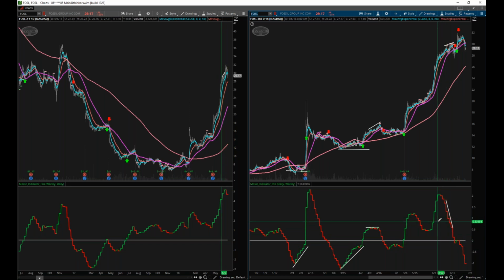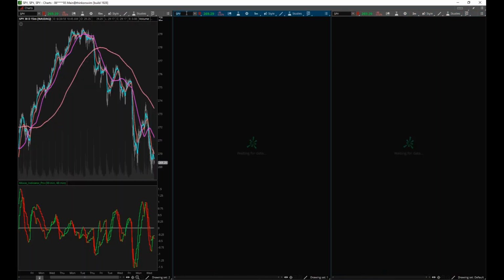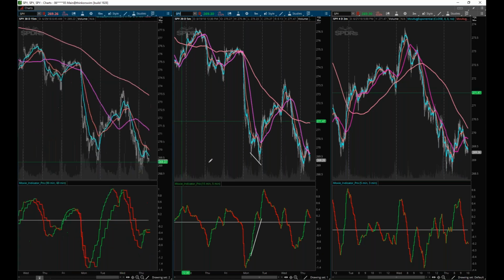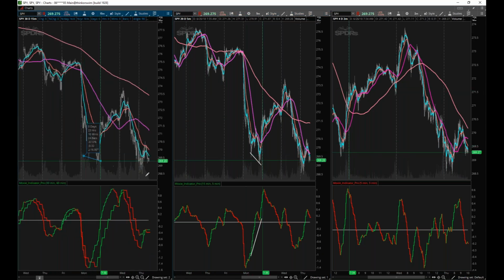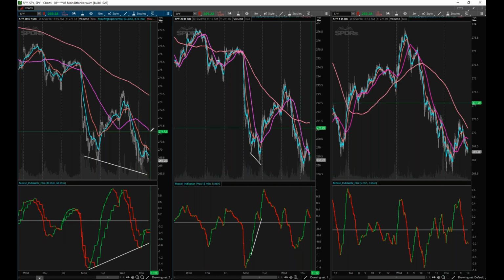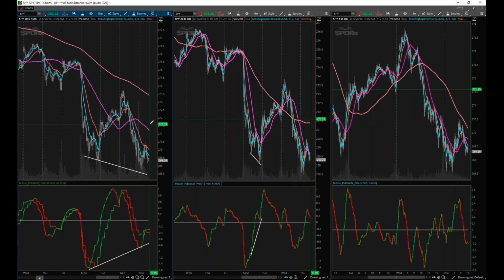And Dennis, yes, it does also work on the 2 and 5 minute. Let me show you that for the S&P because we had some today. So if you see here, I'm looking at price down like this. This is the 15-minute chart. I'm looking at the indicator giving us some divergence right here. But for the 15-minute, I'm still waiting for price to get on top of the 15-minute 50. So we're not quite there yet.